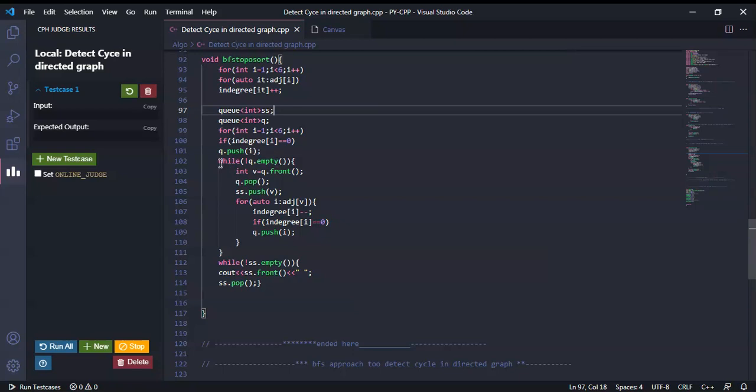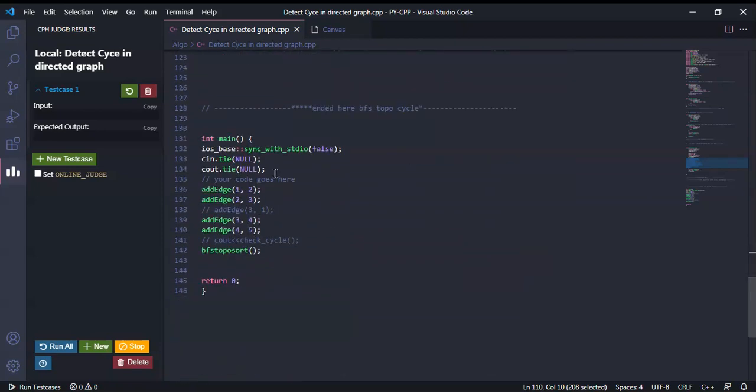Now we simply use the BFS algorithm that we were using previously. So here it is the same, and the value which we are getting is pushed into the required answer. For each vertex and their child nodes, we are decreasing the in degree value, and if the in degree value of those nodes becomes zero, then we will simply push that value in our queue. This loop goes on, and after coming out of this loop, we will get our required answer.